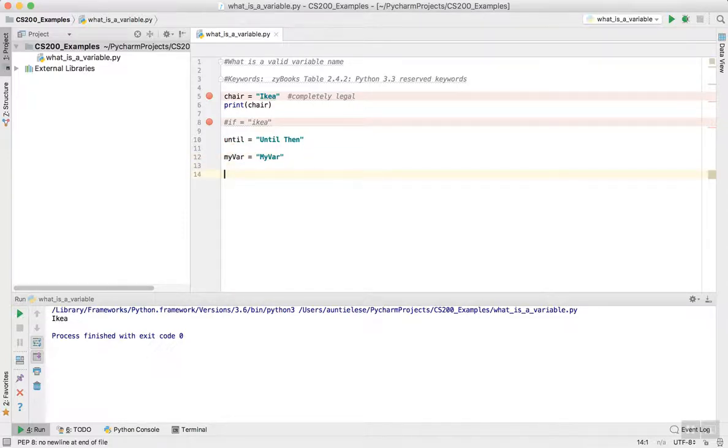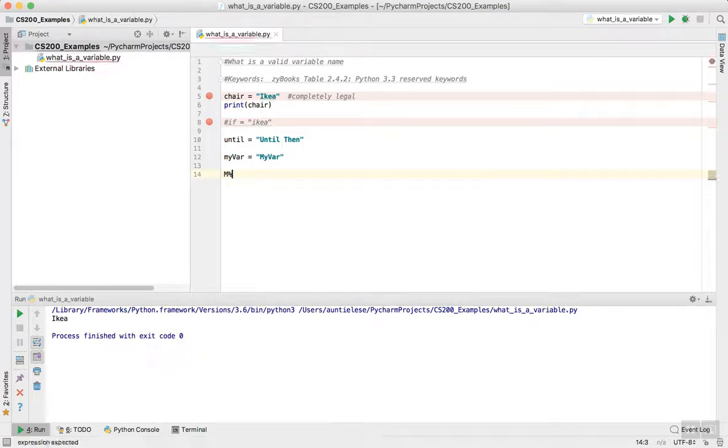I also can't start or have in it any special characters except the underscore. So I can't say... well, if I use the pound sign, it's going to make everything after it a comment just like that.